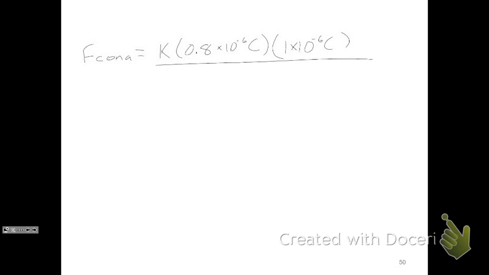Okay, and let's find the force of C on A. So you guys have the picture in front of you, which is nice. Let's have the notes. So F of C on A is K times 0.8 times 10 to the negative 6 coulombs multiplied by the other charge, which is 1 times 10 to the negative 6 coulombs. And the separation distance there between A and C,